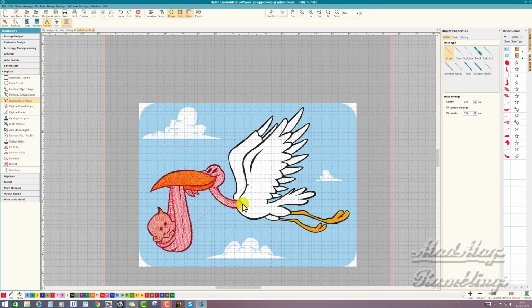I actually want the open stitch tool because I want to take a run line now up to the top of this shape. And this is called travelling. There we go. Of course, there I am now, up there, ready to go and get my digitized closed shape,